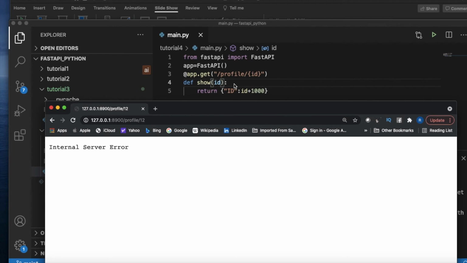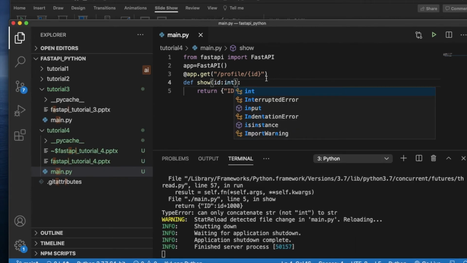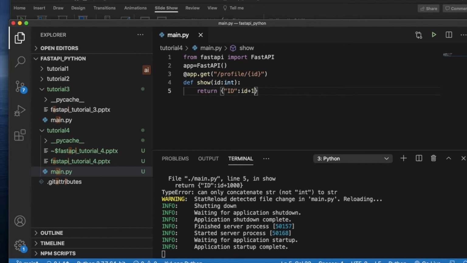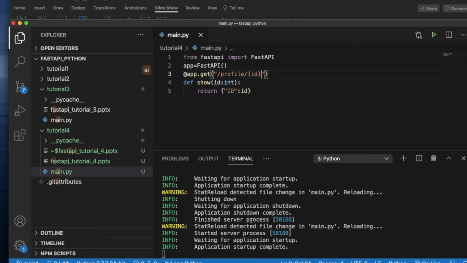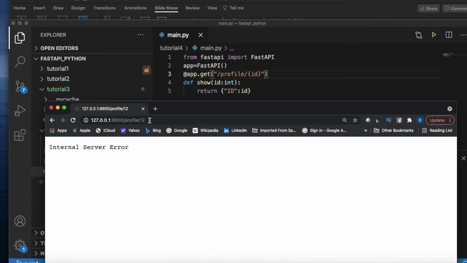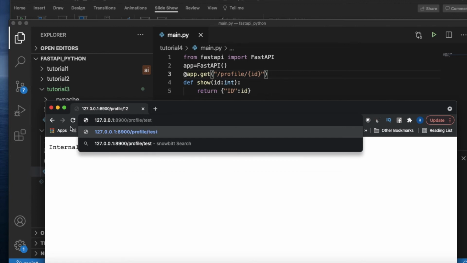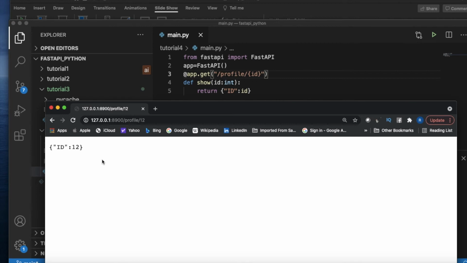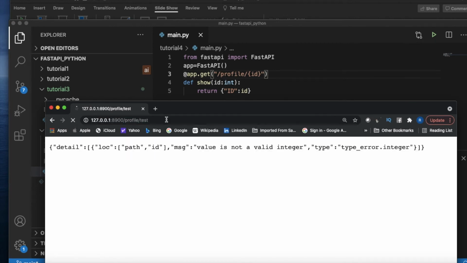Okay, and another important thing, let's say integer, and it's like this. Now it is actually expecting an integer. Let's say now I'm writing test, so I will get an error. Let's run it with test.